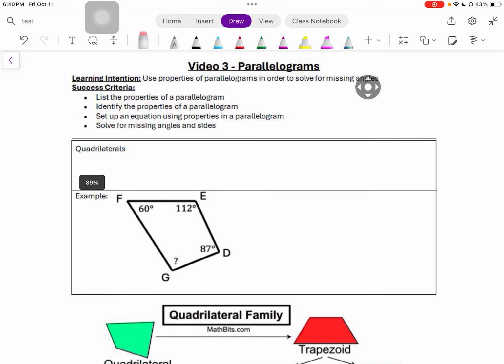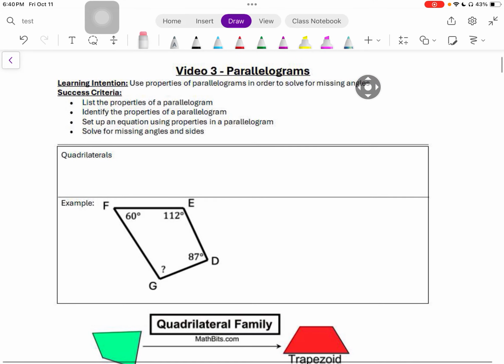All right, here we are, Unit 2, Video 3, Parallelograms. All of Unit 2 is going to be on quadrilaterals and their properties and different things that happen with them. But again, at the start of every video, make sure you read your success criteria here, what we're going through. We're going to talk about the properties of a parallelogram. You have to be able to identify the properties of a parallelogram in a picture, set up an equation, and